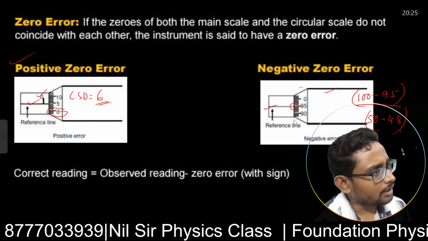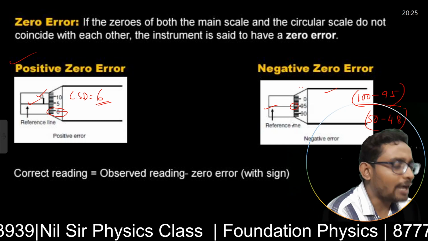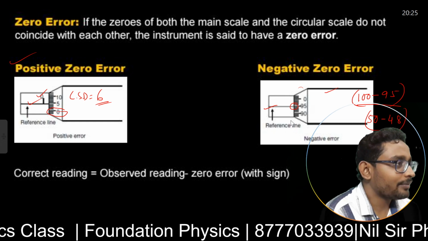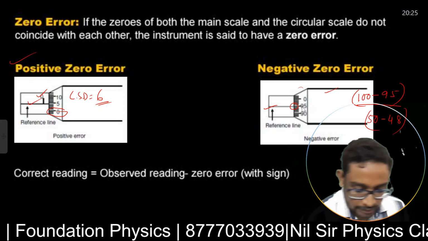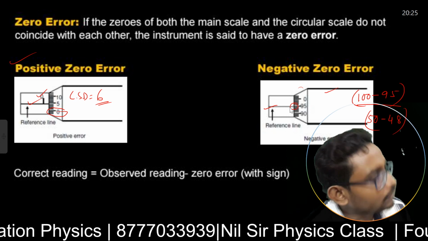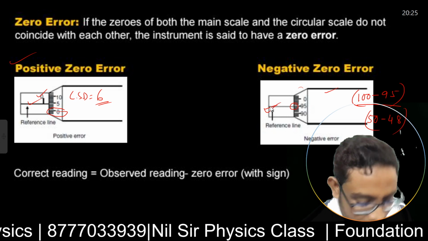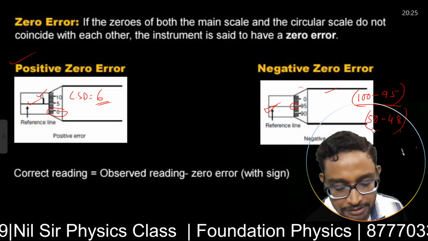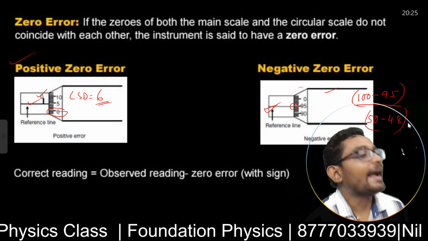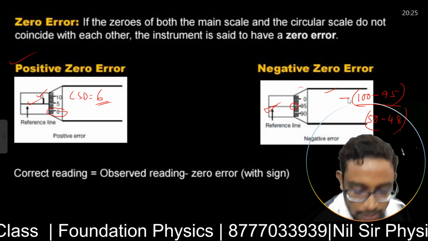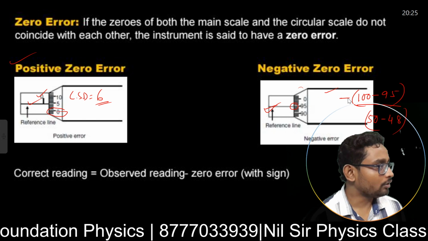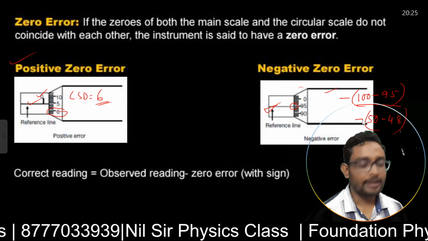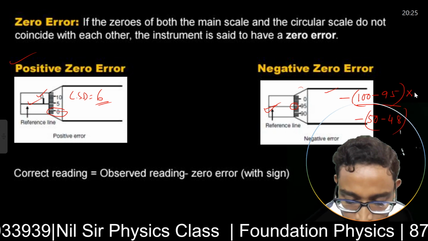There can be 50 divisions, and your 48th division actually coincides with the main scale, or axis, right? Your 48 division can coincide with the main scale or axis. Then we'll take 50 minus 48. As this is negative zero error, we will take negative in front. As this is negative zero error, you will always take negative, multiplied by your